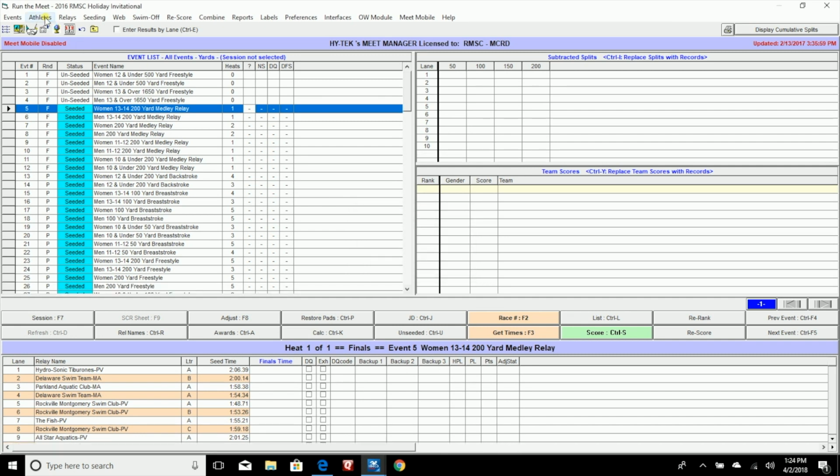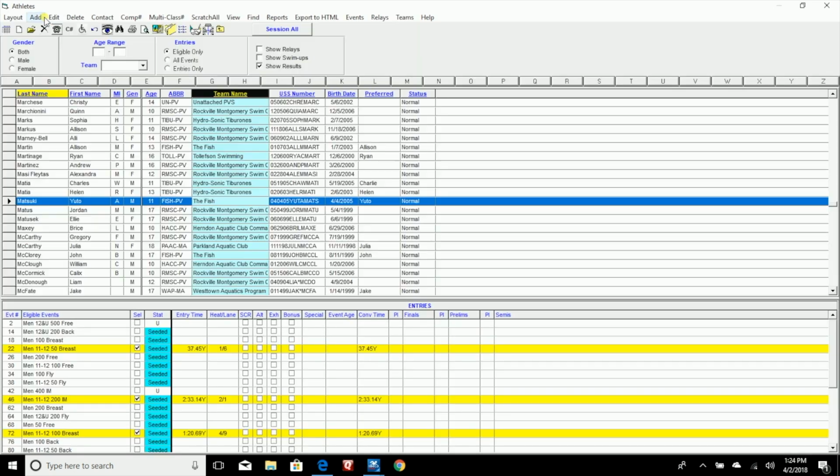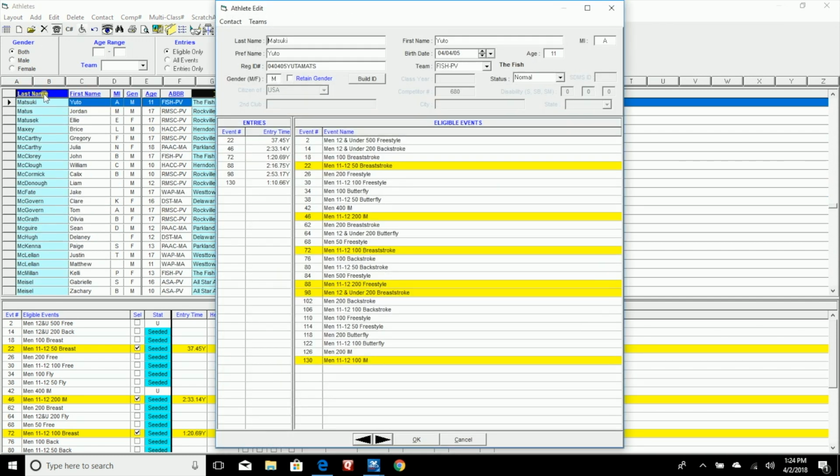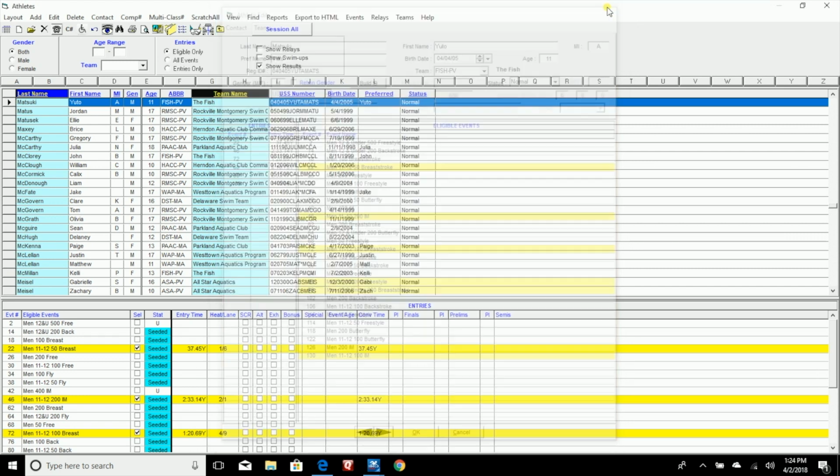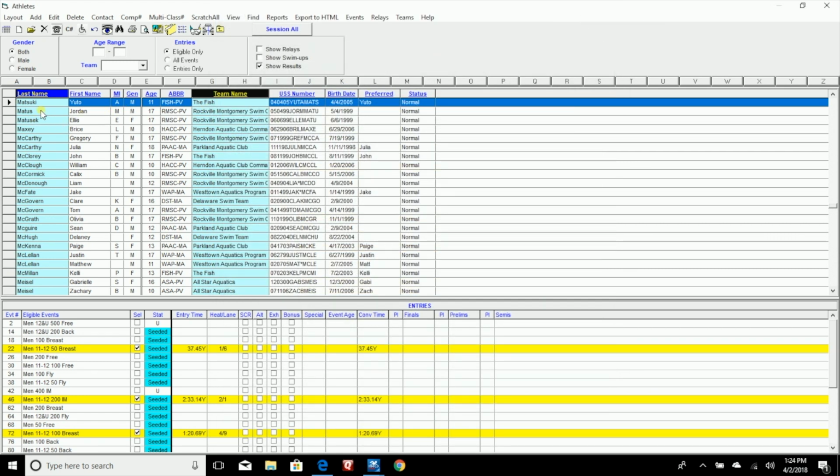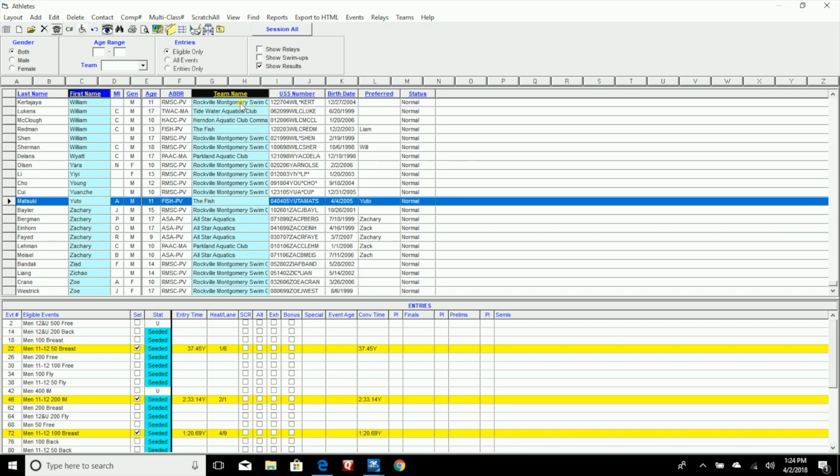Athletes. If I click on this tab here, this shows all the athletes who are listed in the Meet. You can sort them by last name. I'm going to close this out because I don't want to do any editing yet. By last name, first name, any of these columns are sortable. By teams,